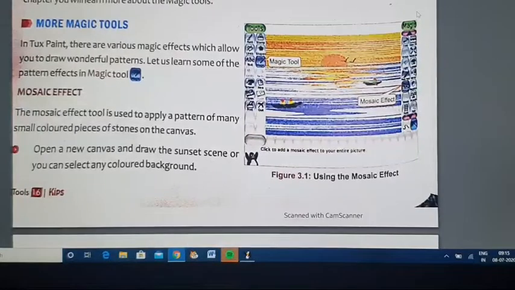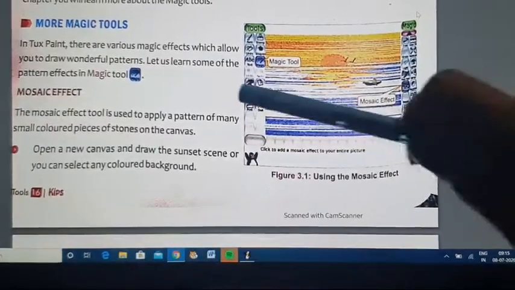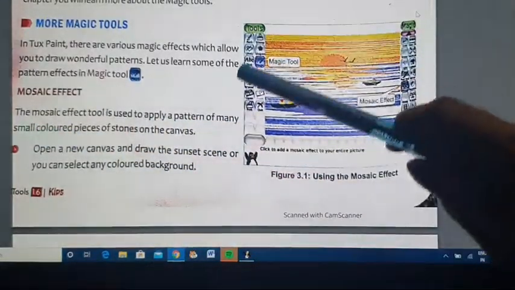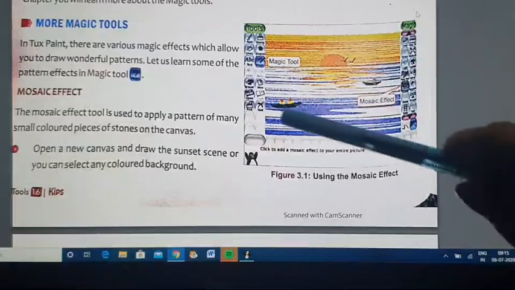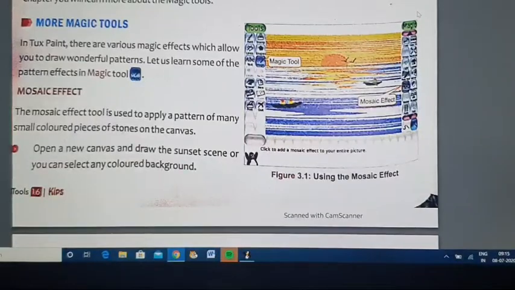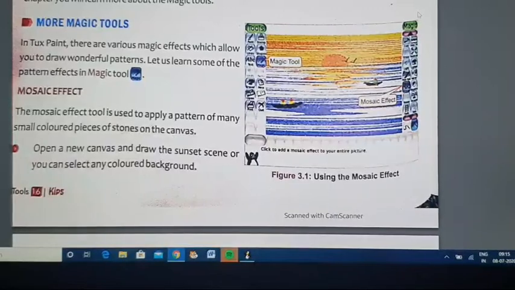Mosaic effect tool is used to apply a pattern of many small colored pieces of stones on the canvas, as we can see in the picture. That is our mosaic effect. अगर हम mosaic effect देखेंगे किसी भी drawing पर, हमें ऐसा लगेगा कि that picture has been made with small colored pieces of stones or glasses.